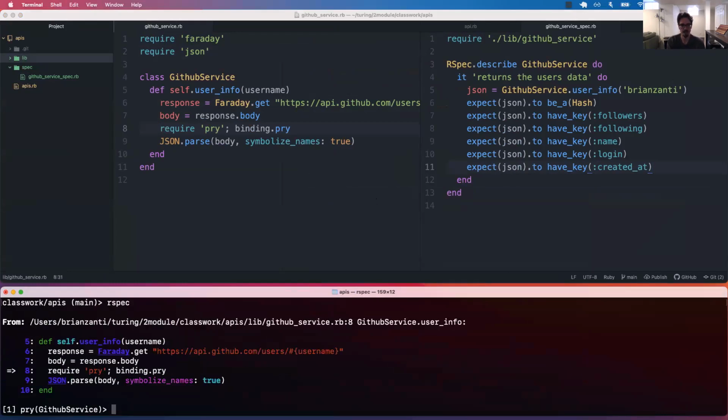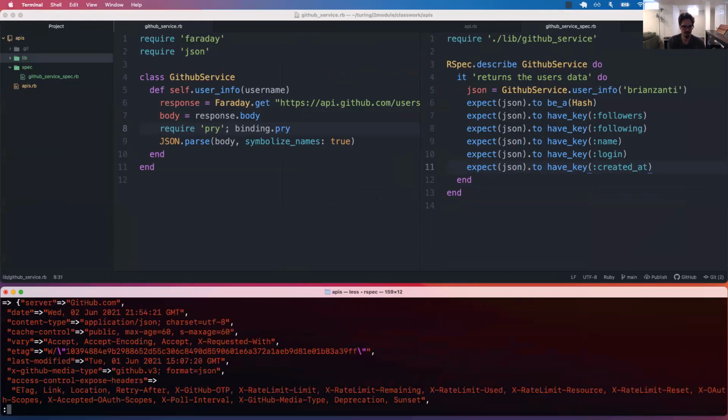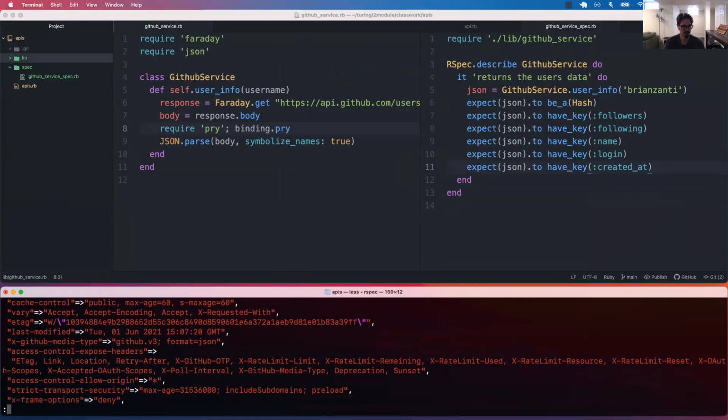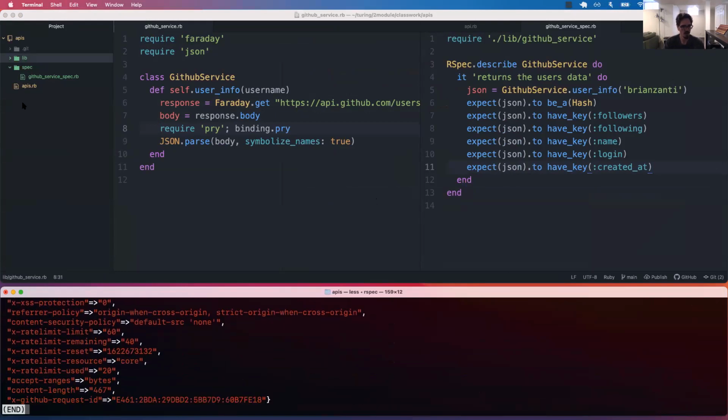And if I look at response.headers and scroll all the way down, we'll see, again, headers is something that I'll talk about in the follow-up class. But for now, it's just like another place to store data. I can see rate limit used is at 20, and I can see rate limit remaining is 40, and my